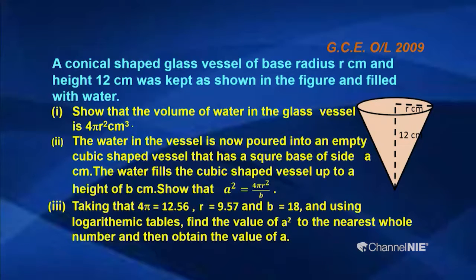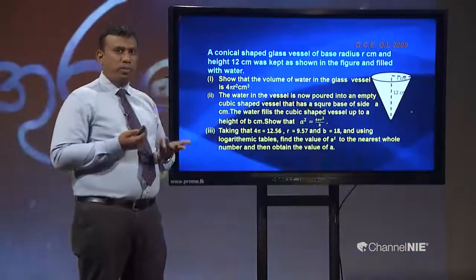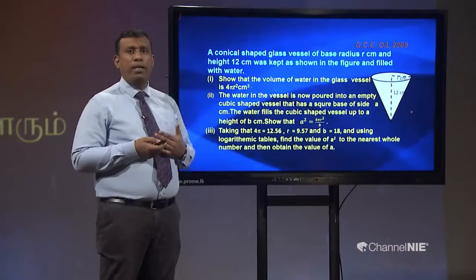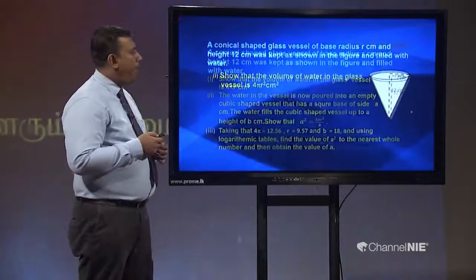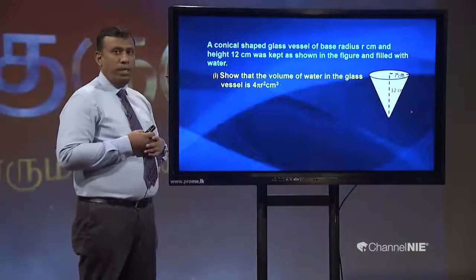Why did they ask to simplify this one by log table? The reason is there are very complex simplifications. There are some decimal values and a lot of difficult values. So when finding the value of this type of expression, we can use the log table. Okay, that is the last part. Now we can discuss this question one by one. Okay, now look at the first one.